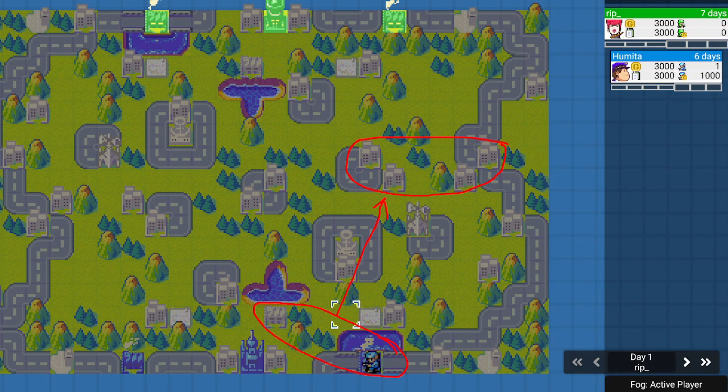And so the bottom player is going to be pushing forward further across the center of the map because they're able to generate more vehicles. And the same is true on the other side as well, where the bottom player is going to have access to these cities earlier on. And so really the